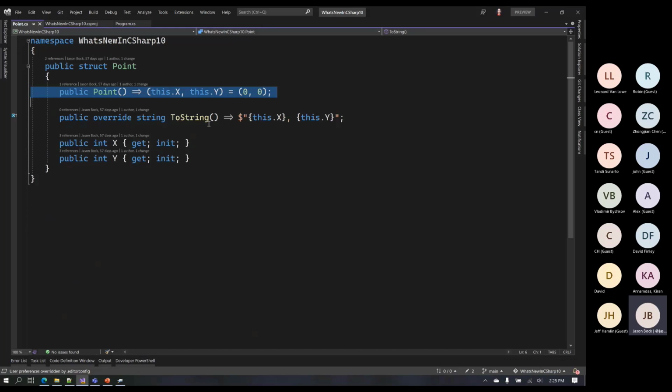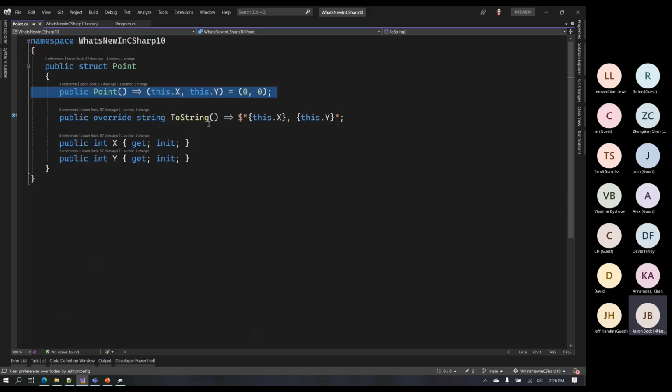constructor. Now, when I was looking through C# 10's features, and this one came across, I had to do a double take and prove to myself that this was actually something you couldn't do before C# 10, and it isn't. Only in C# 10 can you actually create a struct with a parameterless constructor like this, and that works.